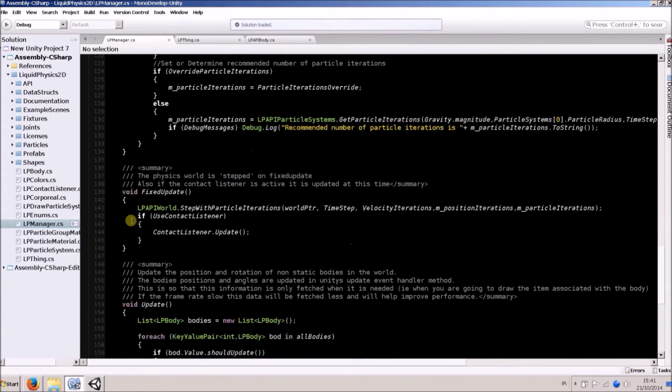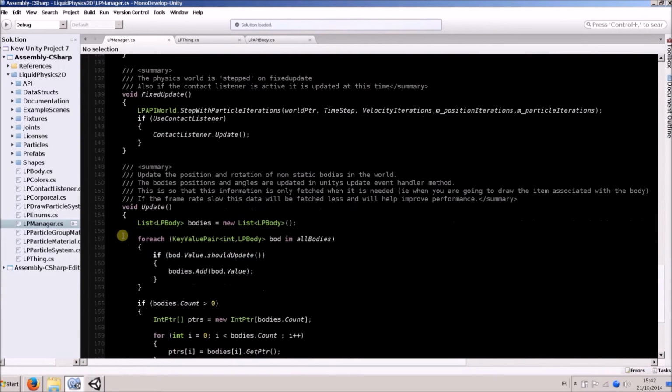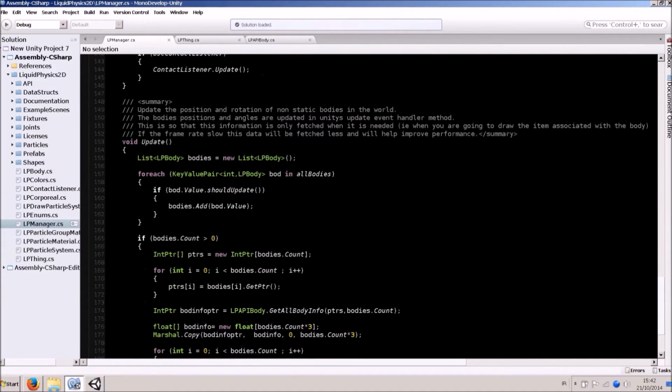So now the fixed update method. The way the LP Manager is set up to run by default is that the world steps during a fixed update. So that's where you do physics things. So the world steps completely irregularly, and during the update statement, we actually get the positions and rotations of all the bodies, and the positions and colors and other information, if we want, of all the particles, and we draw